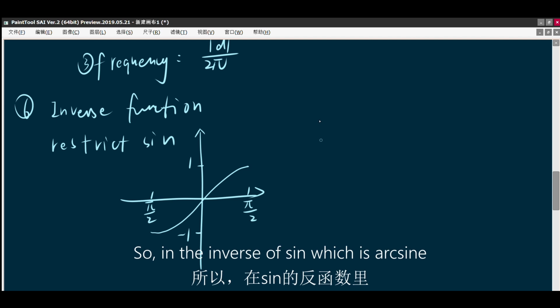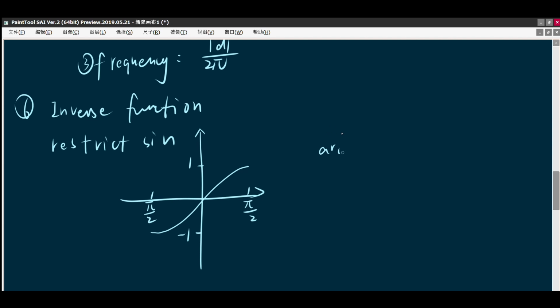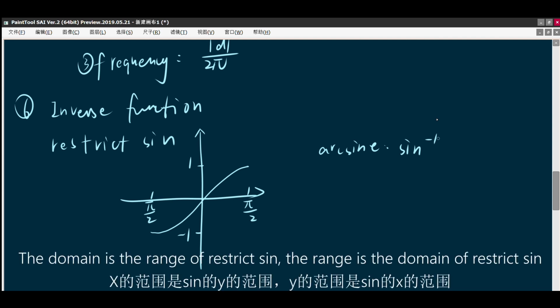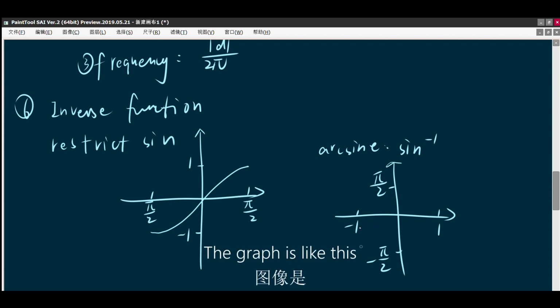so in the inverse of sine, which is arcsine, the domain is the range of restricted sine, which is -1 to 1. The range is the domain of the restricted sine, which is minus pi over 2 to positive pi over 2. So the graph is like,